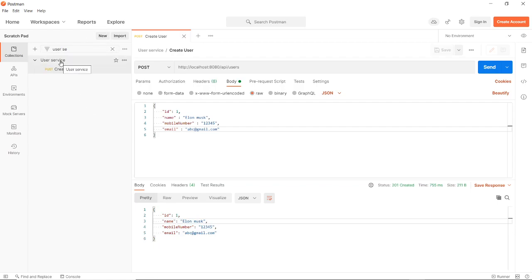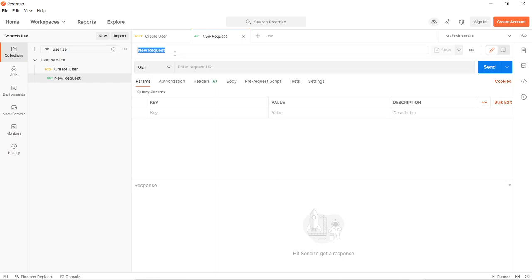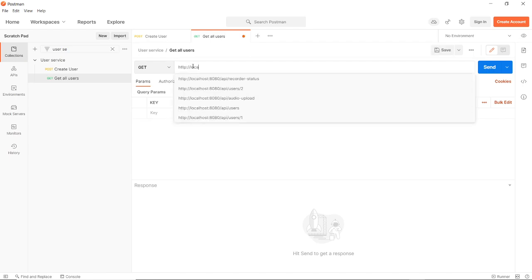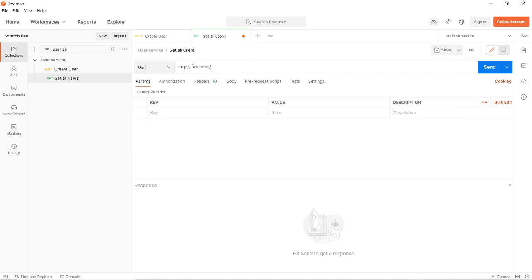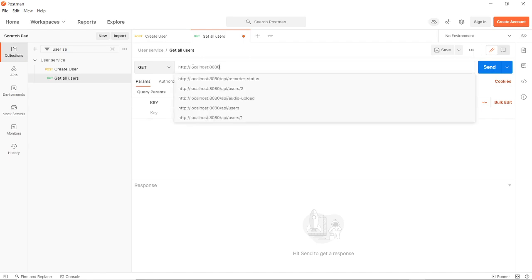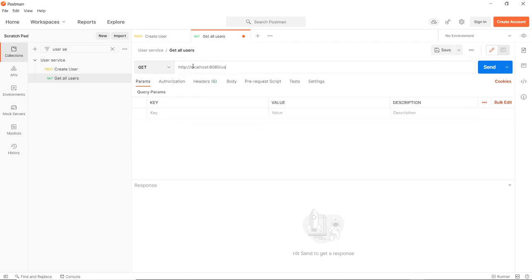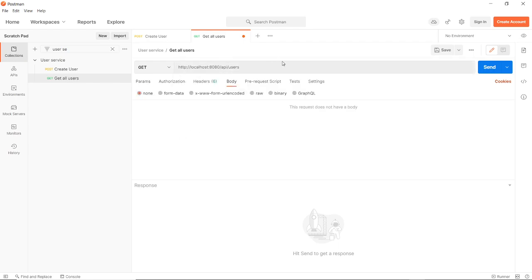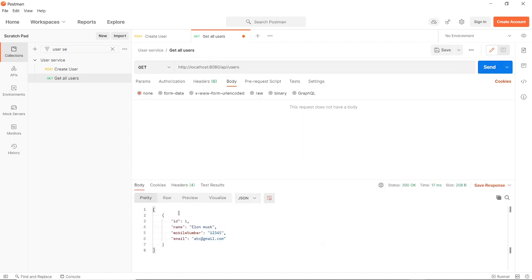So now let us create a new request to get all users. This will be again HTTP localhost 8080, API slash users. And if we hit this endpoint, whatever we have, a list of users, all the users will be fetched by using this API.